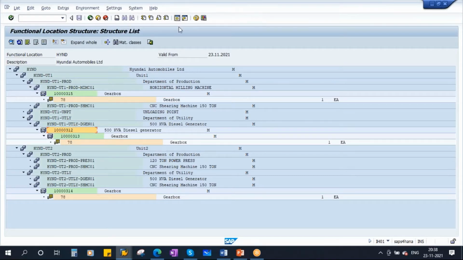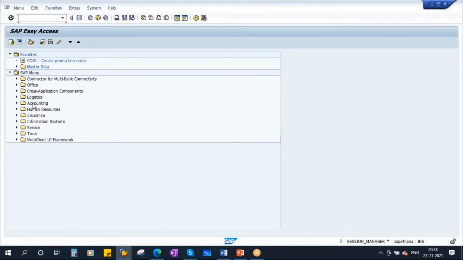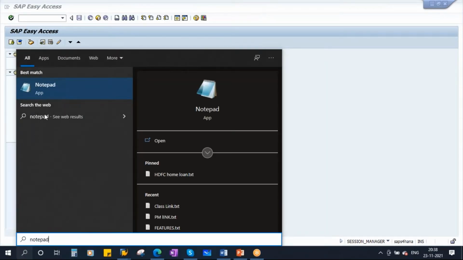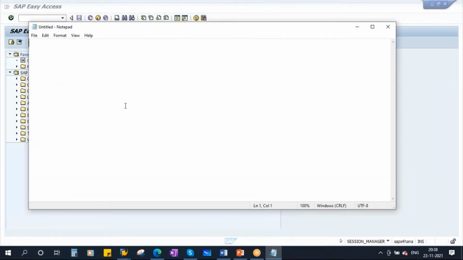Let me open one more session. The T code to create the measuring points is IK01. The T codes are IK01 for creation, IK02 for change, IK03 for display. I will create 4 measuring points. Operating temperature: I want to measure the temperature of my 500 kVA diesel generator every day.